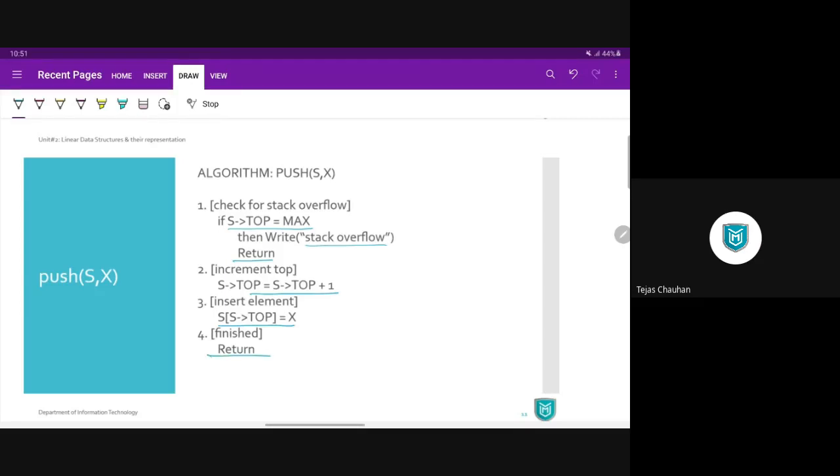So majorly there are two steps: first, increase your top, and second, store data at the top position. You can see those steps here in step 2 and step 3. A very basic push algorithm for stack. Increase your top, store your data. Clear?